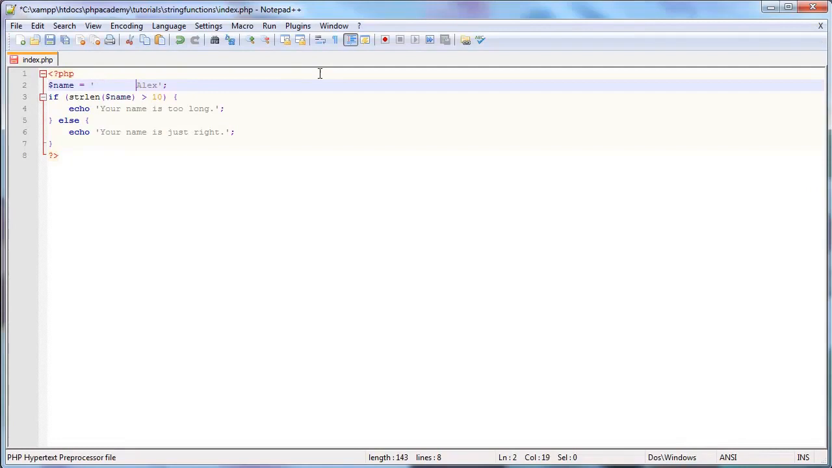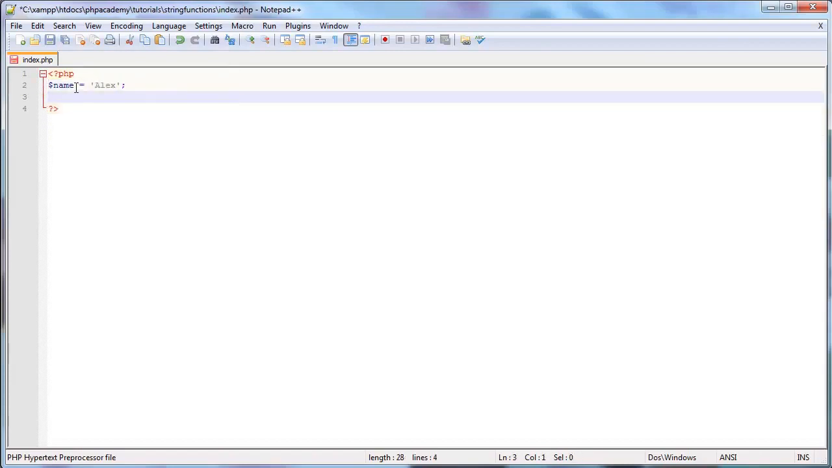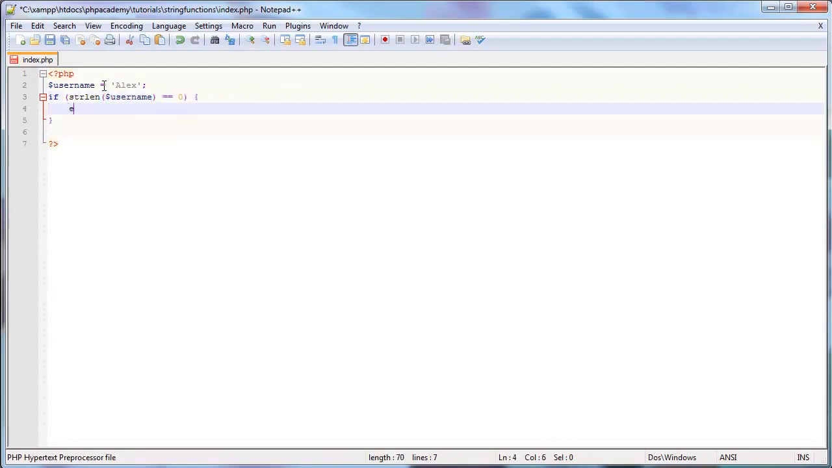Now, what I could do is put a load of spaces in there, and your name is too long. You could have validation issues, because if your users can just go ahead and put a load of blank spaces in, then you're looking at potential issues, particularly if you had, say, a username: if strlen username equals 0, echo please enter a username,